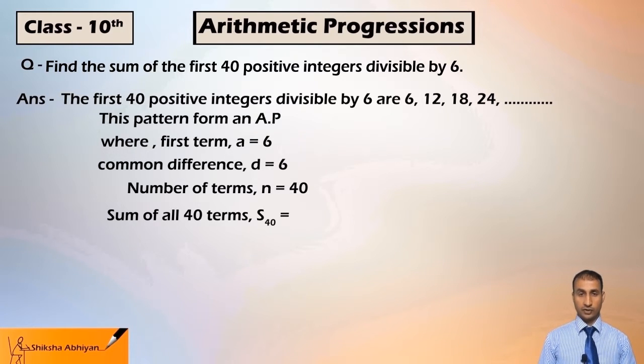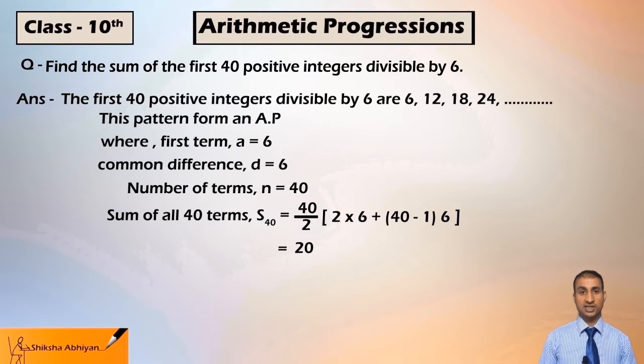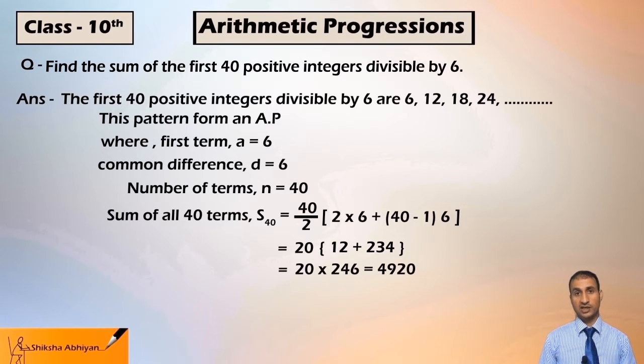Now S40 is equal to 40 by 2 bracket 2a, that is 2 into 6 plus 40 minus 1 into 6. Now 40 by 2 is 20 and 2 into 6 is 12. 40 minus 1 is 39 multiplied by 6. Now 39 into 6 will be 234 and 234 plus 12 is equal to 246. So 20 into 246 will become